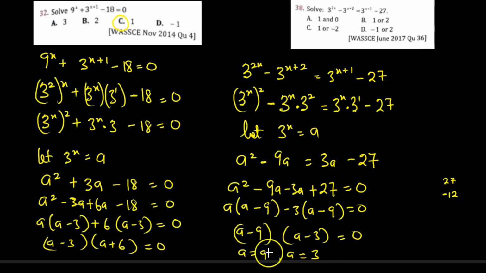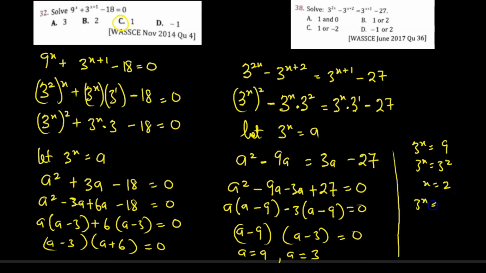As you know, we use a to substitute. So in order to get the value of x in the question, let me do a side work here, but it's a continuation. So we are just going back. 3 to the power x must be equal to 9, for which you know that 3 to the power x equals 3 to the power 2, and x will be 2. Also, 3 to the power x must be equal to 3 to the power 1, and x will be equal to 1. Therefore, our solution set for x is x equal to 1 or x equal to 2,